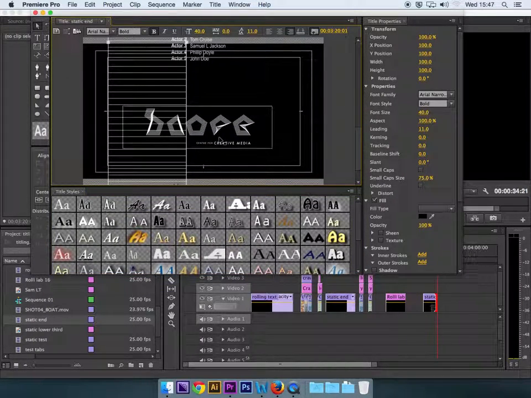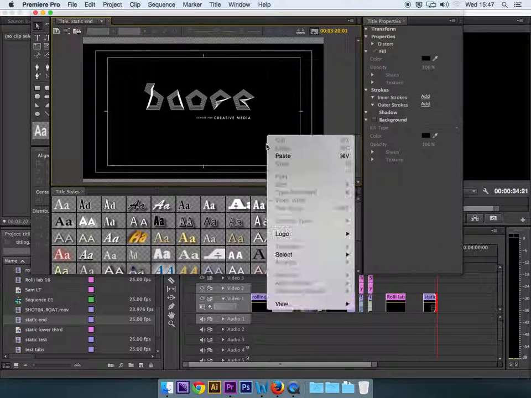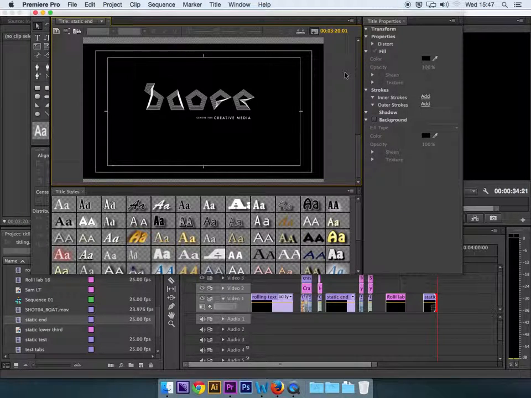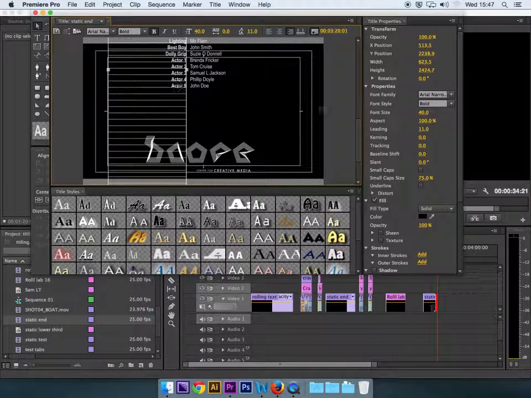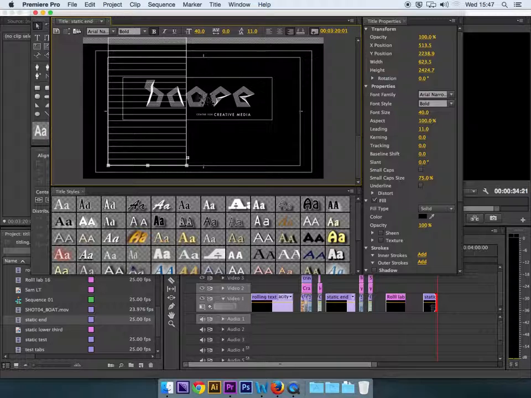So this is where you want to have something like this, where you have kind of a graphic at the end. Now, to get the graphic in, all you have to do is right click, logo, insert logo, and it will just basically populate the titling screen with a JPEG or a PNG or whatever you want. Now, it seems that with Premiere you need to have your text fields that contain all of your names and that go down basically below the logo, or for some reason it just won't show both the text and the logo. I'm not sure if this is something I'm missing or if it's just a little quirk of the software. But the way that I got around that basically was to